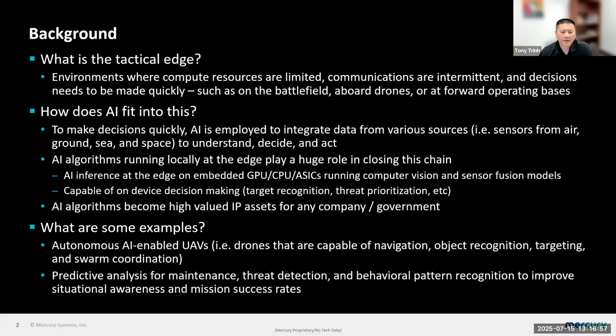And thank you guys for that. So my second question is, given that AI algorithms are so important and we've got to protect them, what are some of the concerns with the lack of hardware assurance that may lead to things like tampering, reverse engineering, or theft of these algorithms? I'll start with John.